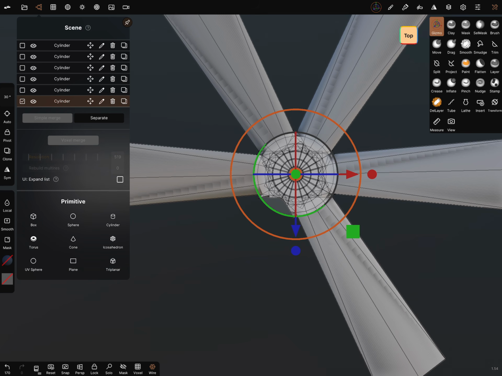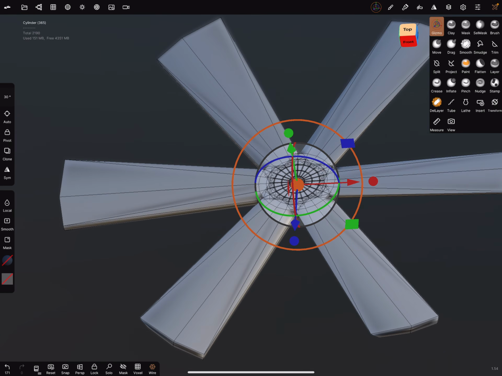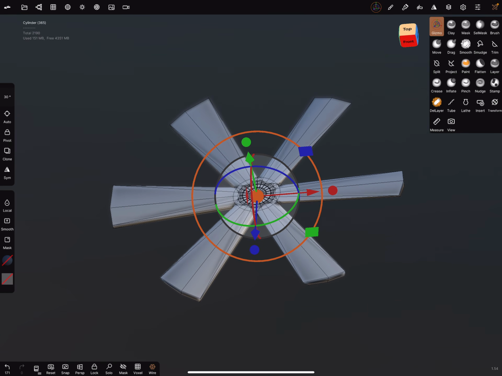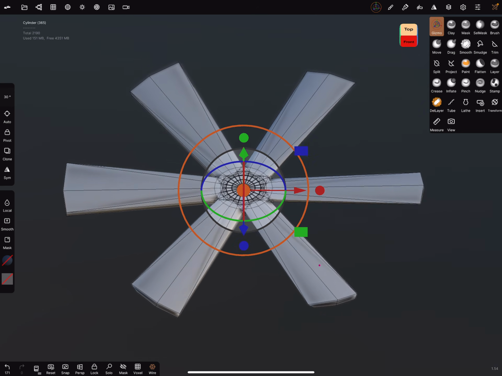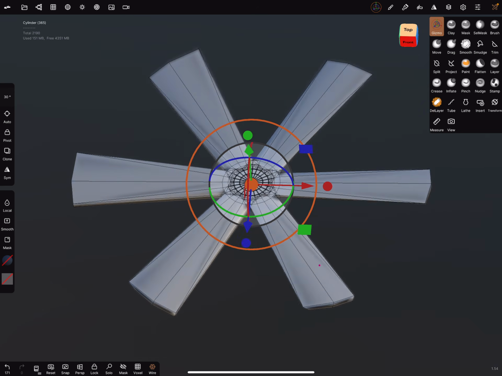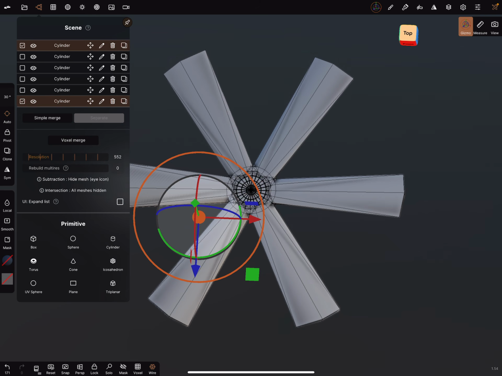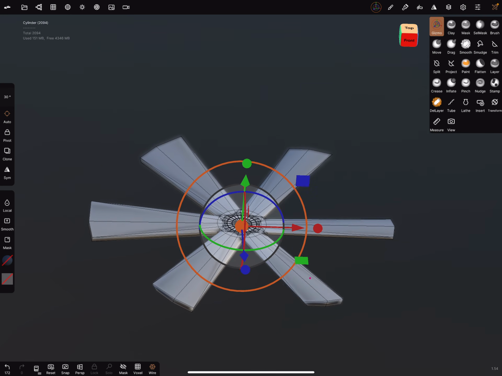Duplicate. You can simple merge them before together. I hope you understand. Okay. And now we can simple merge it at the end. Simple merge. Okay.